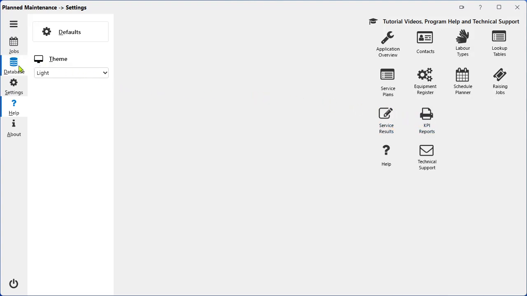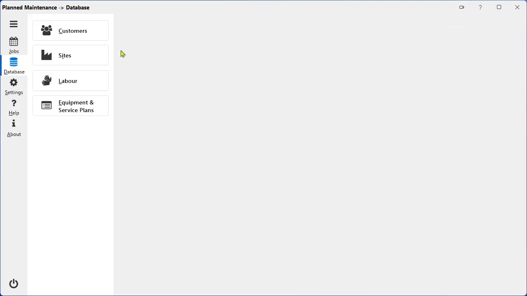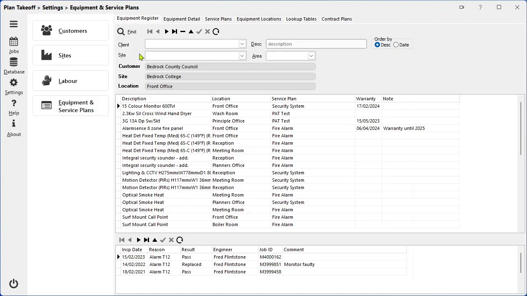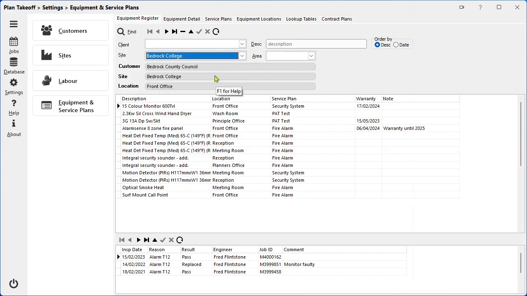So if I move on to the database, we have a contact database for our customers, a database for our sites and engineers. I just want to quickly go into the equipment and servicing plans. So once we're in here, you can see we have a full equipment asset register, and we can limit or search for items by client, site, area, etc. So if I just limit this one to the Bedrock College,